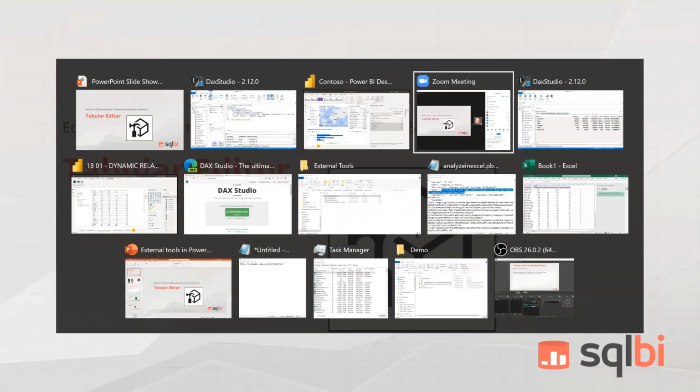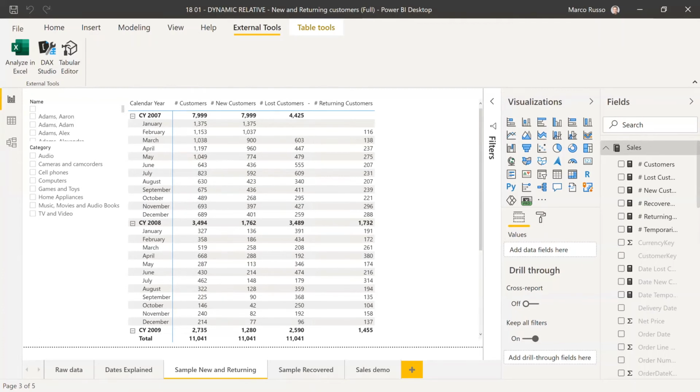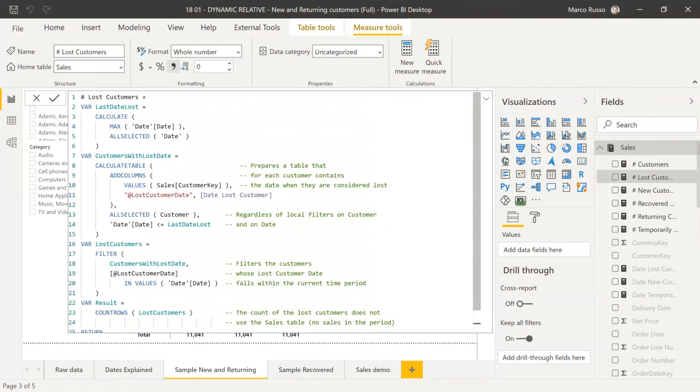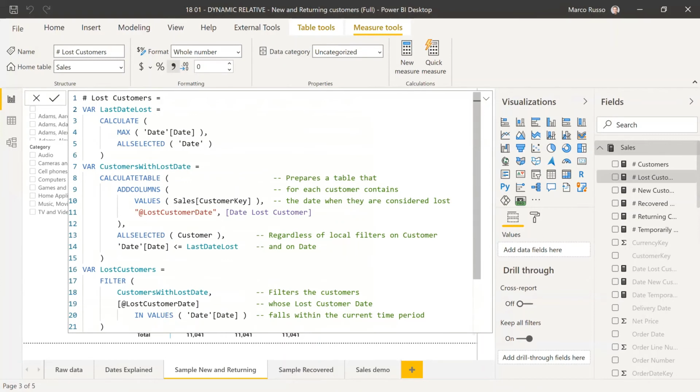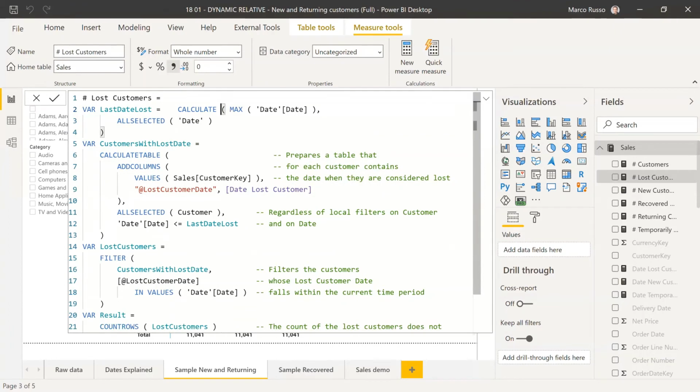Let's go to my model here. Now I'm using the model that is smaller, the one that has new returning customers, because here I have more measures. I want to show you what happens when we have several measures in the model. And let's say that I want to do a small change in one of these measures, because I want to show you that I will make a change later using the tool. So you see that now the code here is properly formatted, but now I make some change and I remove the code formatting. So I write everything in a single line here,